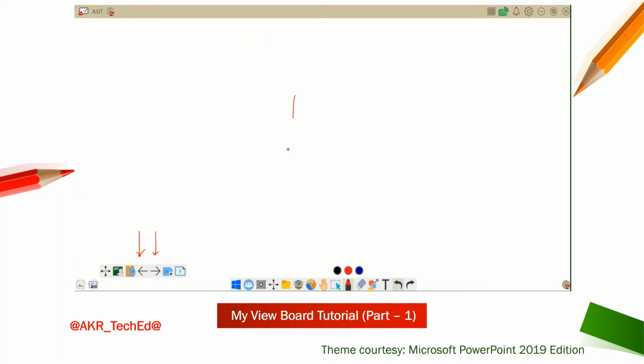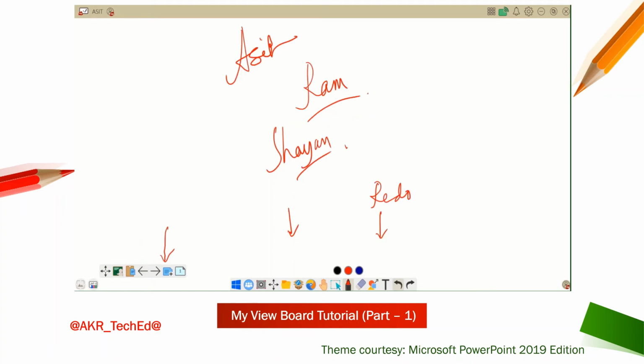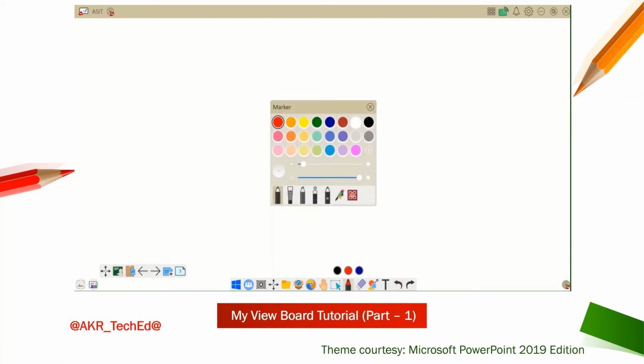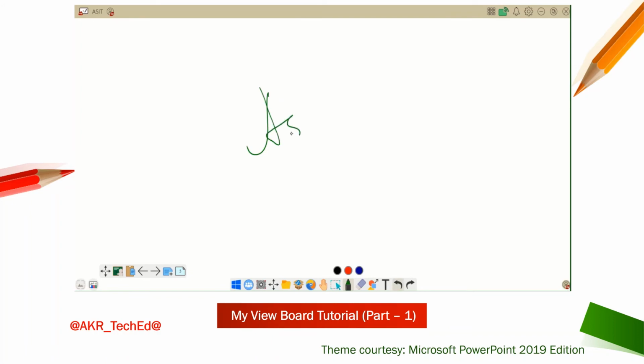Suppose page 2, if I write something here, you can easily identify. Now I'm going to the previous page and now I'm coming to the next page. So here I have added only 2 pages. Suppose if I add third page and change the pen color and write something here. In that case, now I have 3 pages.